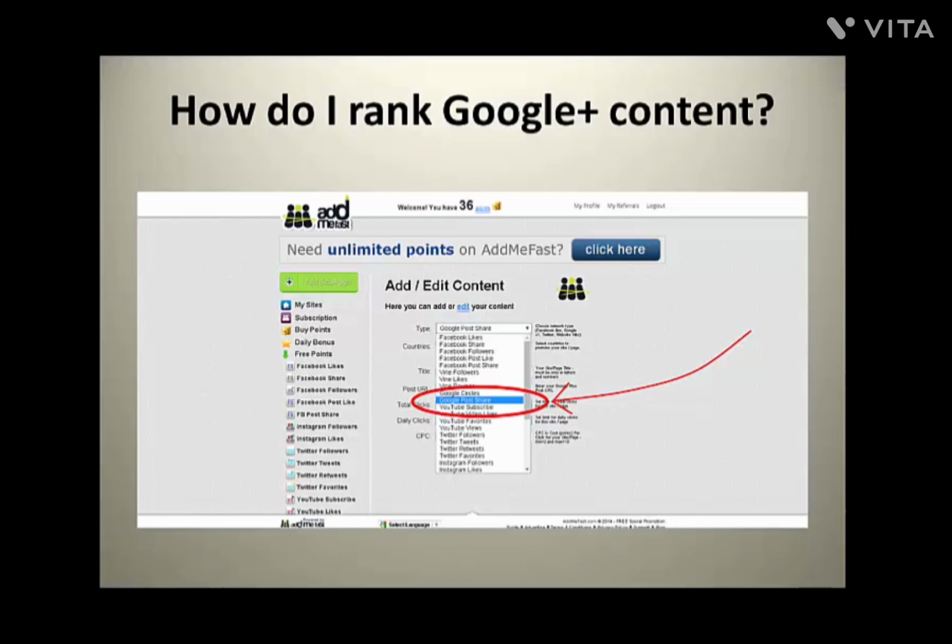Other websites like Link Collider and other social exchanges have the Google Plus One option, and this allows you to receive tons of post bumps in Google Plus, which are also extremely important. They are arguably even more important than these two. They are the key factor in how Google determines how popular content is. So I definitely recommend that you don't just stick to AdMeFast, you move to other websites as well in your efforts to rank your Google Plus content.